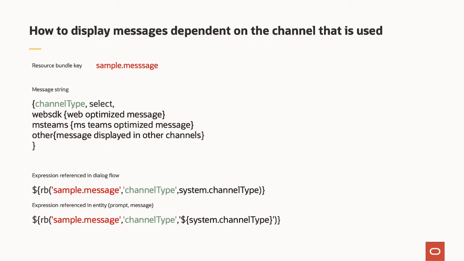Now, the format that is used by this is called ICU message format. If you go to the Design Camp videos and watch them, then we talk about ICU message formats. This will allow us to send the channel type as an argument. And at the bottom of the slides, you see that we have channel type as an argument passed into the string. And then we pass a variable reference, which is system channel type,